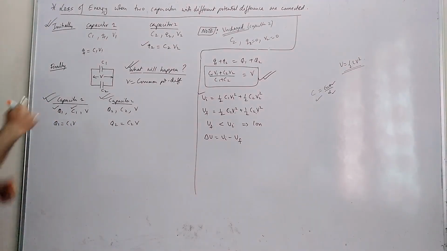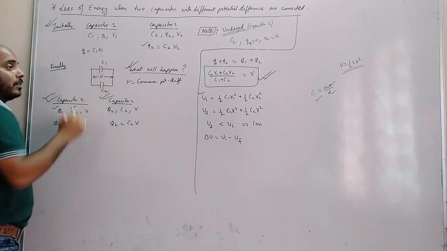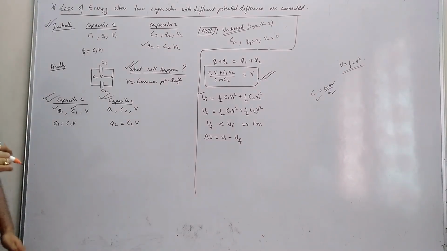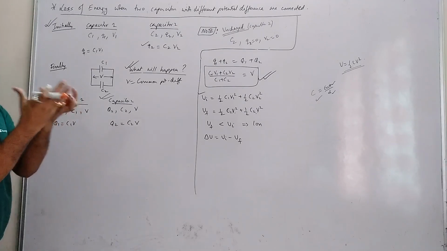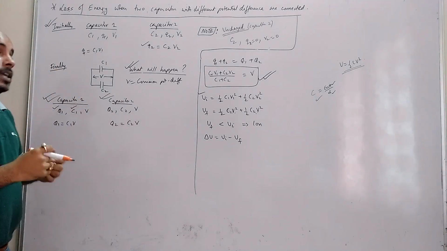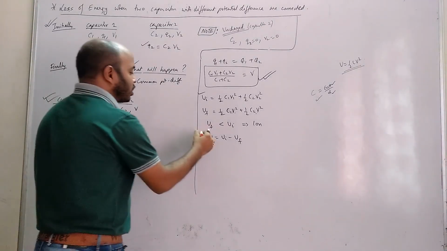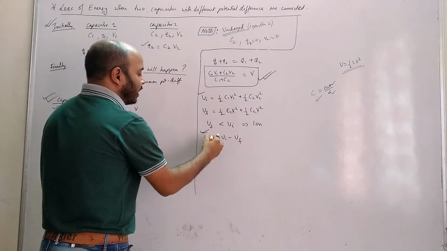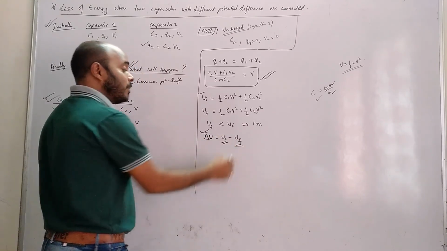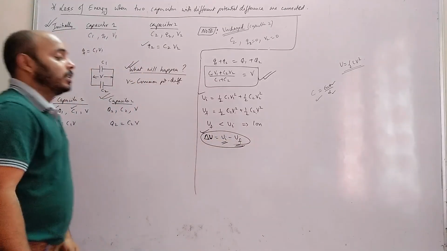When charge flows through the wire, that means current, and when current flows through the wire, as you studied in class 10, wires have some resistance, so there is heat loss, I squared R T. That heat loss is nothing but energy. So some of the energy is lost in the form of heat. So that loss in energy, delta U, how can we calculate it? Bigger energy minus smaller energy, initial minus final. Do you understand, class, how to get the loss in energy?